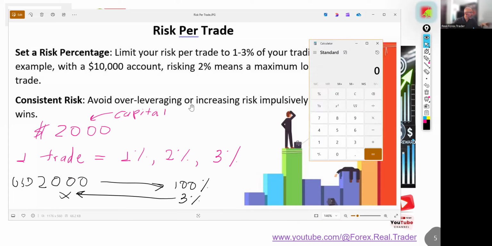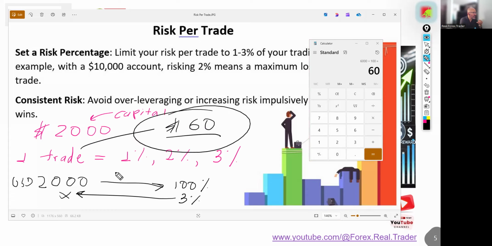Just multiplying 2,000 times 3, right? That is 6,000. Okay. Divided by 100. So I am risking in this very trade a maximum of $60. What does it mean? That my stop loss, in this case, is placed at a maximum of $60